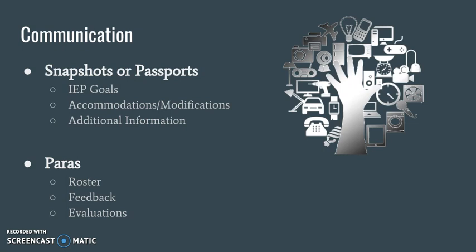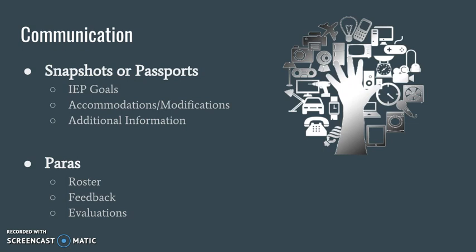Communications with paras is also important. Paras play a critical role in supporting students in the classroom, and paras also need to know which students in class are on IEPs. If teachers can give paras a class roster at the beginning of each semester, the paras can use this to identify which students are on IEPs and to pull copies of their snapshots from C204. Also, if a new student moves into the class during the semester, paras should be made aware so they can check if that student is on an IEP.